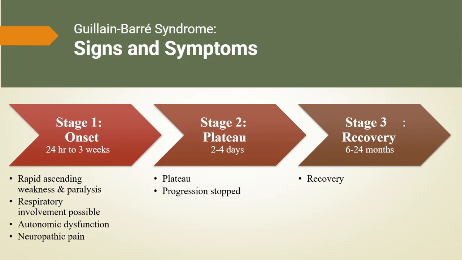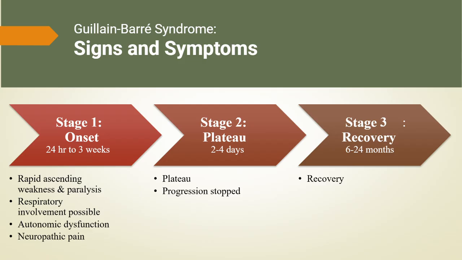That means the patient may develop changes in heart rate or blood pressure, urinary retention, constipation or paralytic ileus, or sweating abnormalities. Some patients experience significant neuropathic pain, often described as deep aching, burning, or cramping. Even light touch may feel uncomfortable. Patients are often frightened because the symptoms come on so quickly and they fear losing their ability to breathe.